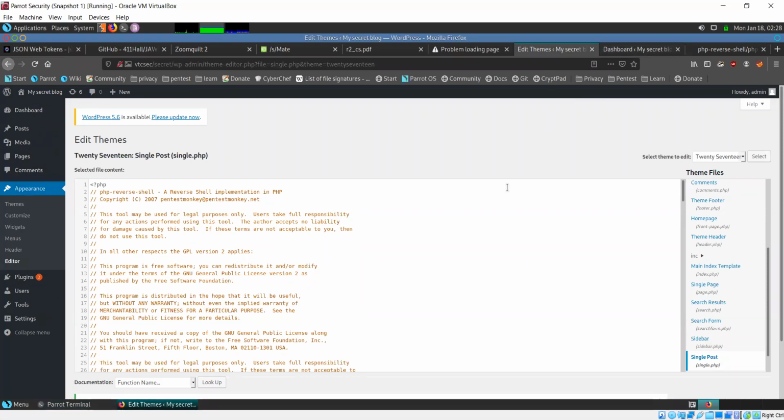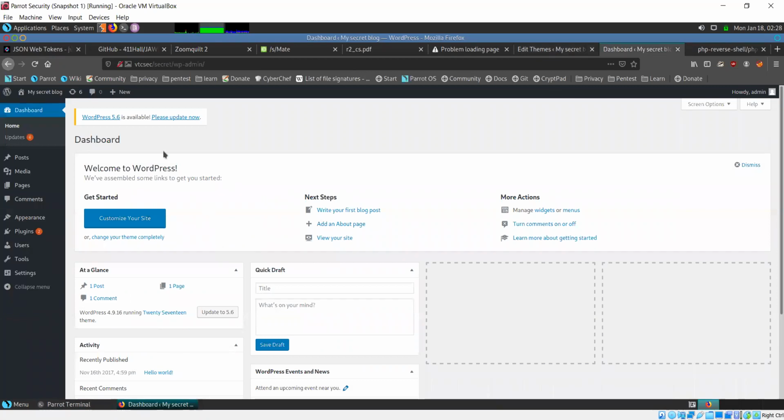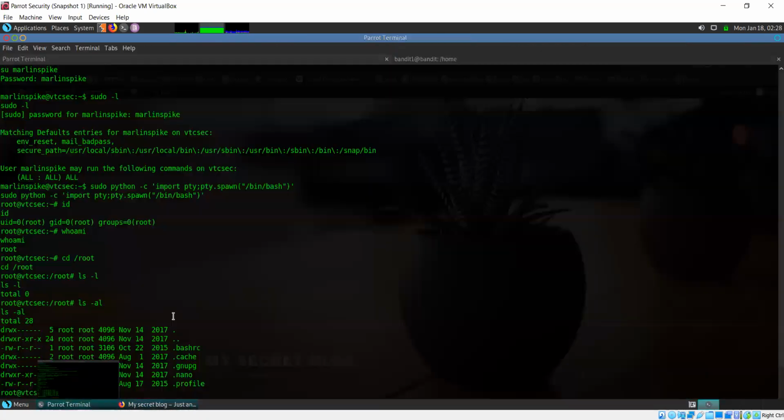Then we made sure that this code that we edited for the single post was executed as well. Then we got shell access. We looked around on the system, accessed the shadow file, copied the password from there, took it over to our own system, and cracked it using John the Ripper.